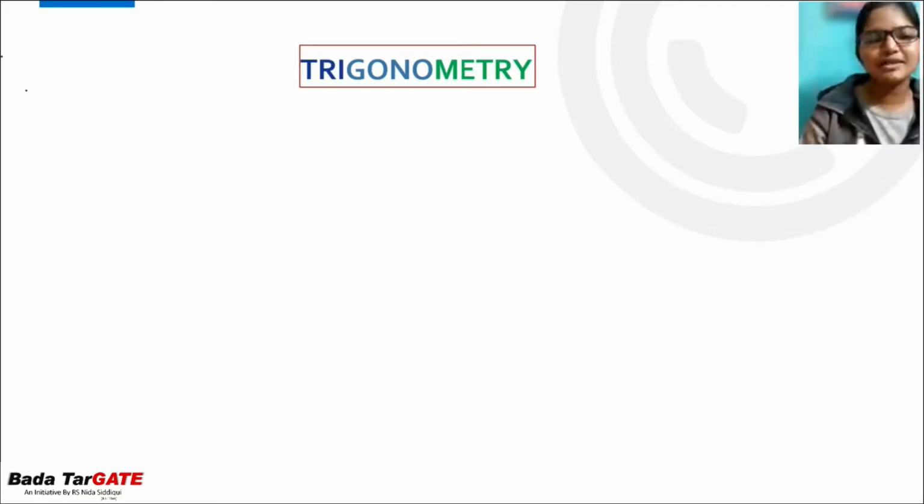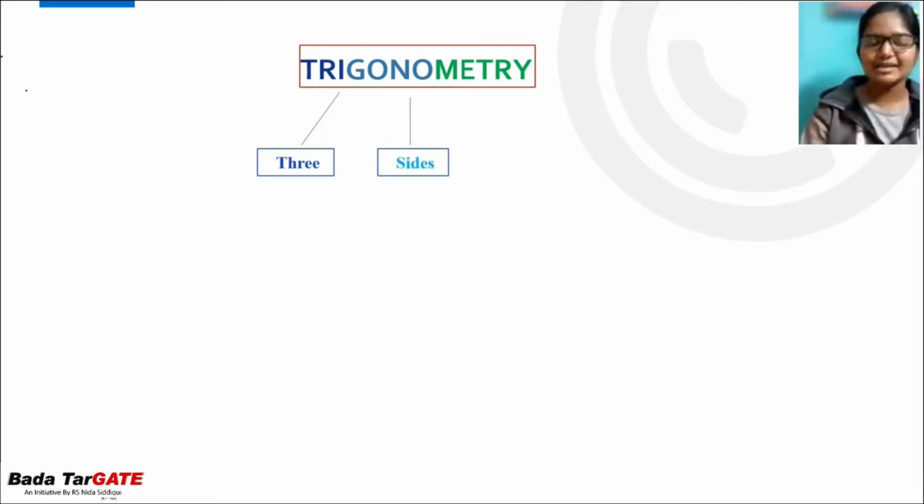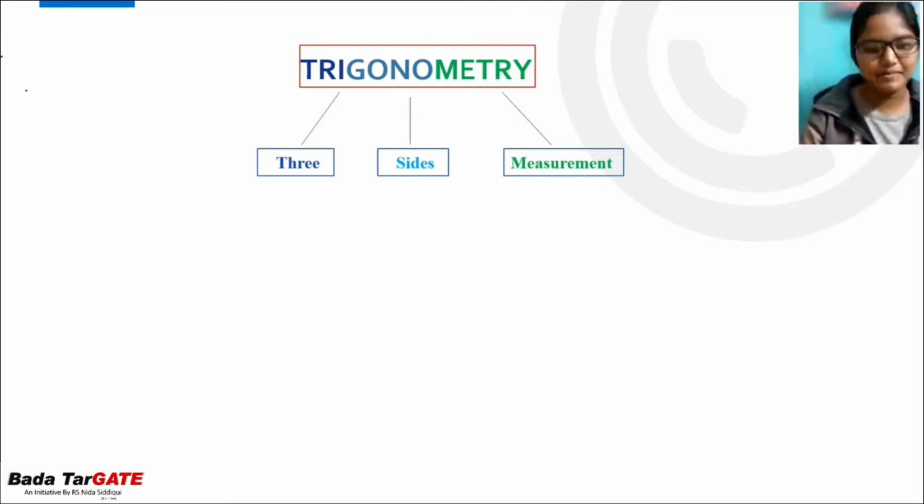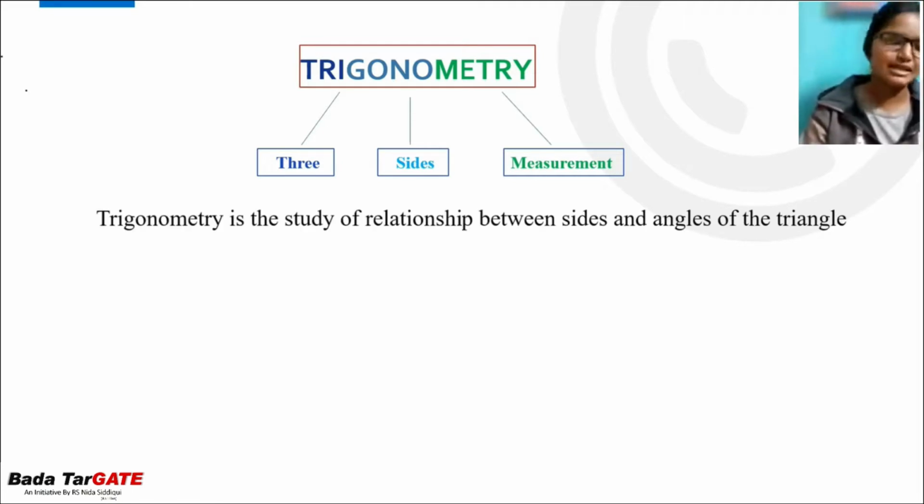Now, what do you understand by this term trigonometry? You see, this word can be broken into three parts. The first, TRI, means number 3, gon means angles or sides. Remember, you have studied about pentagon or hexagon in your lower classes. Pentagon is a shape with 5 sides and angles, and hexagon is a shape with 6 sides and 6 angles. And the last part, but not the least, metry means measurement. So in conclusion, we can say that trigonometry is the study of relationship between sides and angles of the triangle.